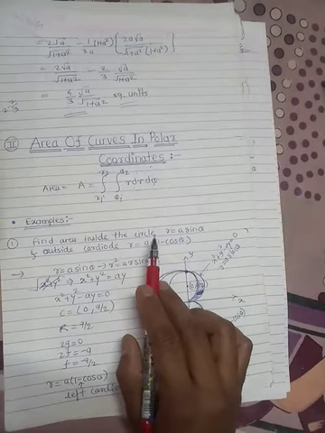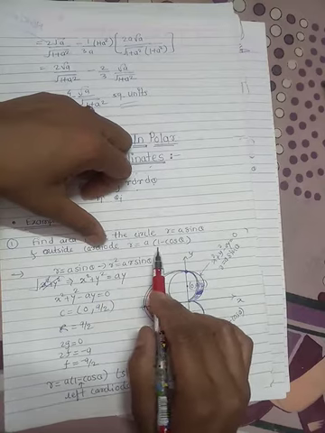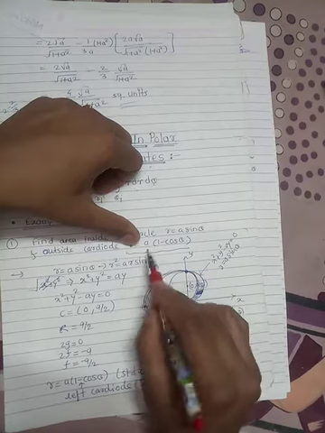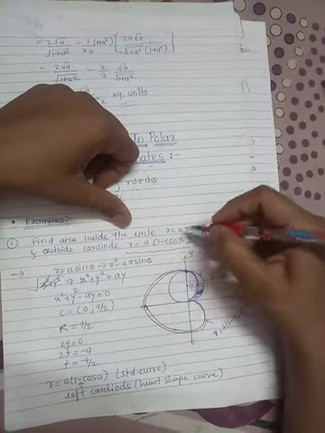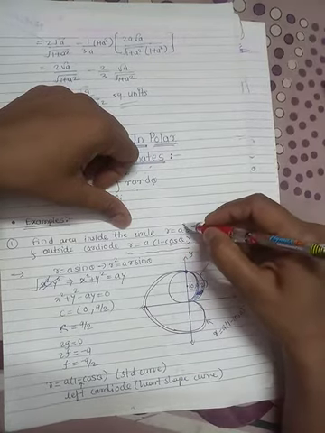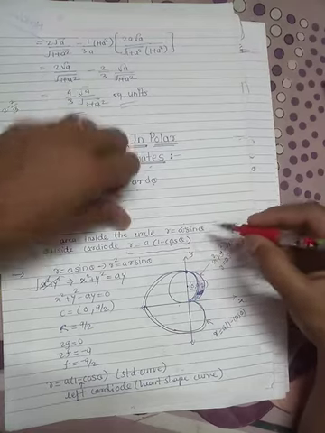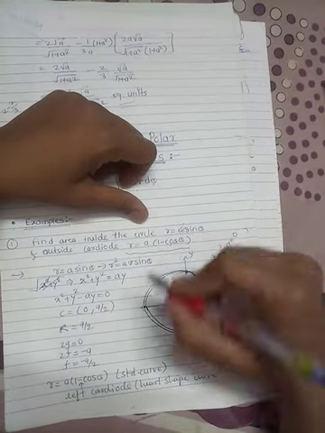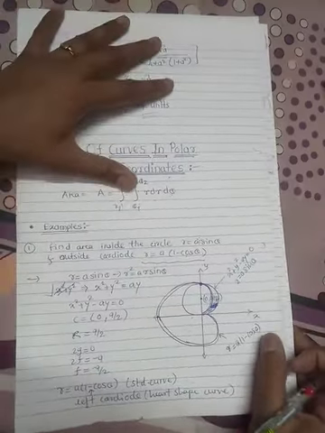Find the area inside the circle r equal to a sin theta and outside the cardioid r equal to a into 1 minus cos theta. This equation has the name cardioid. So we have to draw these curves in the xy graph. How to draw a curve given in r theta variables in the xy axis? First we have to convert this r theta equation into an xy variable equation.